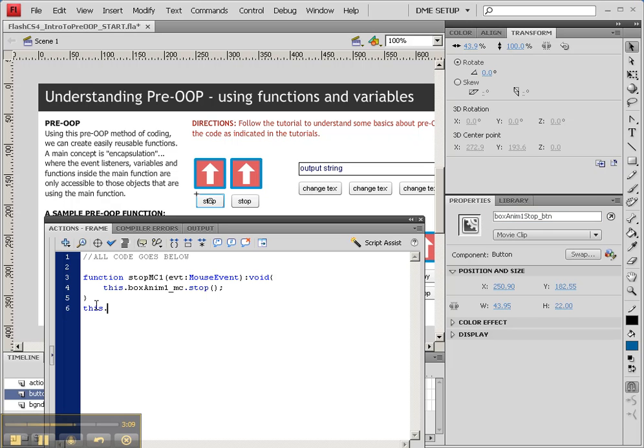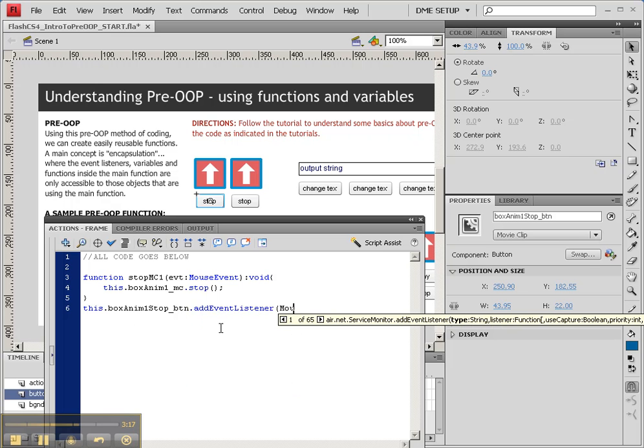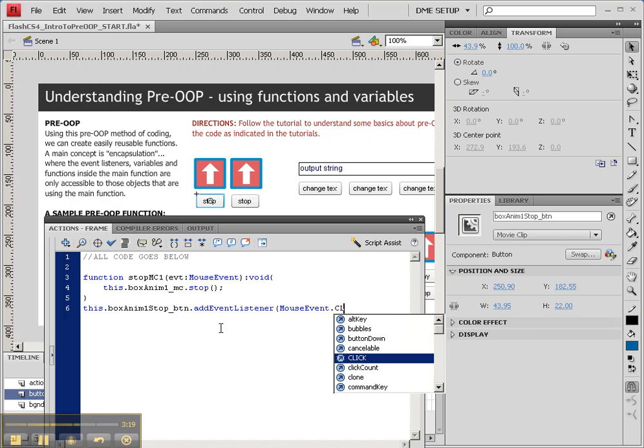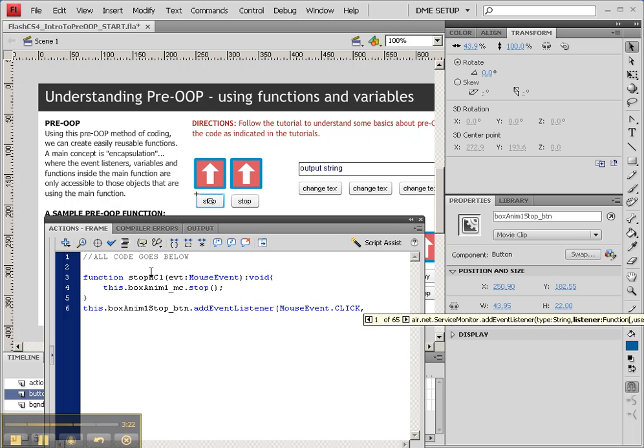So we have this dot boxanim1 stop underscore btn dot addEventListener. We're going to have a MouseEvent, and that'll be a click variety, and it will run the stopMC1 function. So there's our very first one,